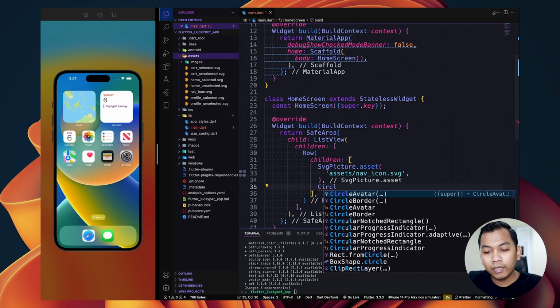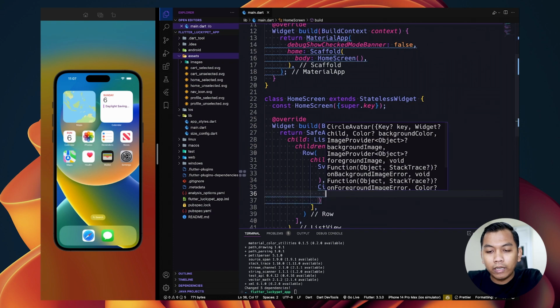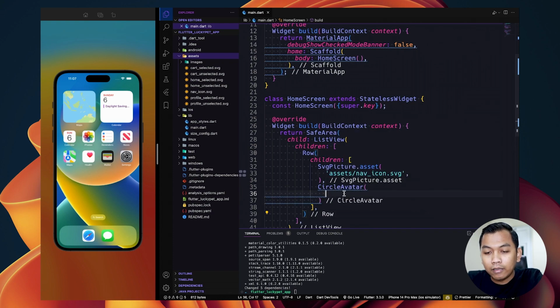We can simply create CircleAvatar, or we can create using a Container or ClipRRect, a rounded rectangle. We can simply create CircleAvatar, so we don't need to think about border radius and so on.